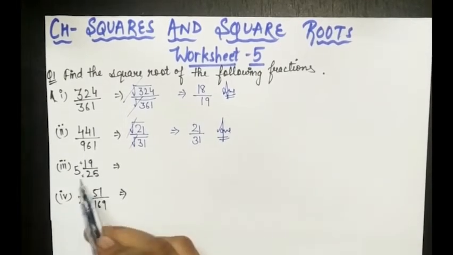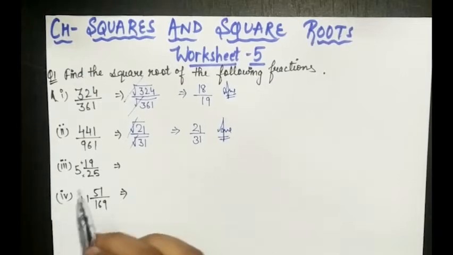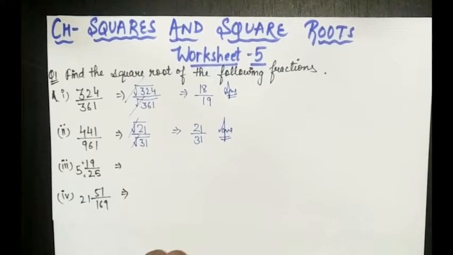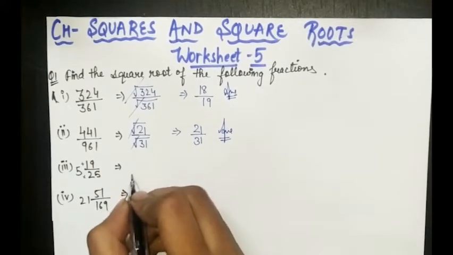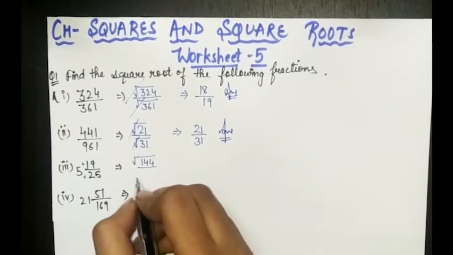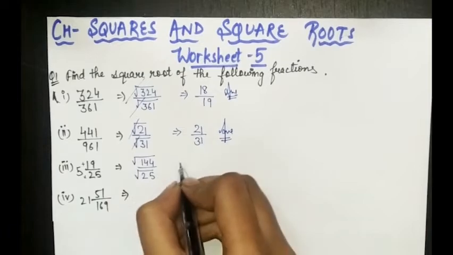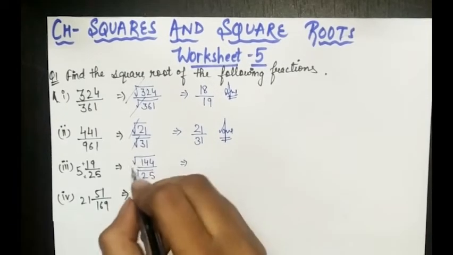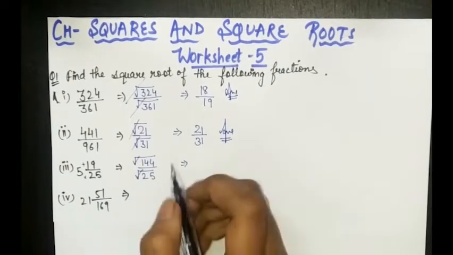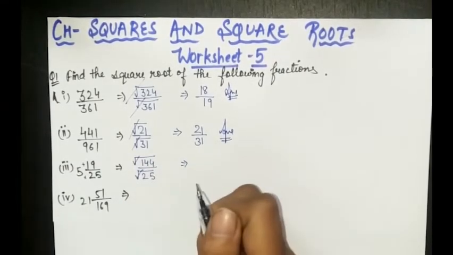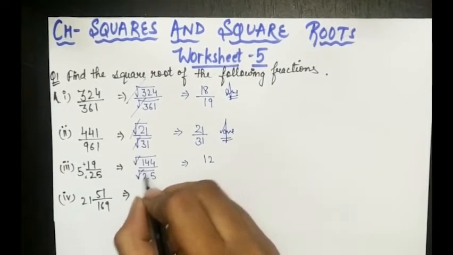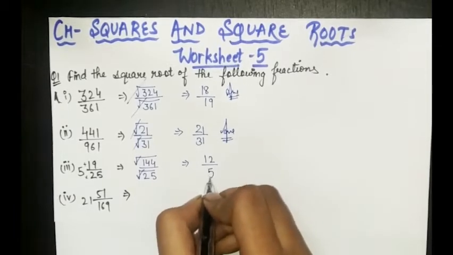So that will be 25 into 5. You all know that is 125, and then you have to add that 125 with 19. That will be 144. Now you will be writing root 144, and then the denominator will remain the same here also, 25. Now the root will be cancelled, as you all know, and 144 is the square of 12 and 25 is the square of 5, so 12 upon 5.